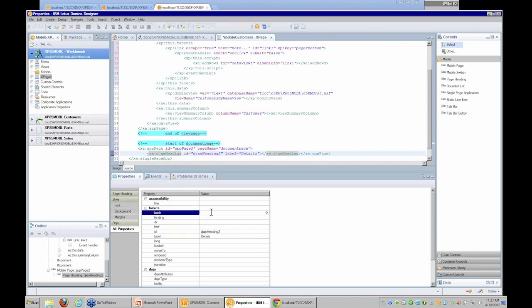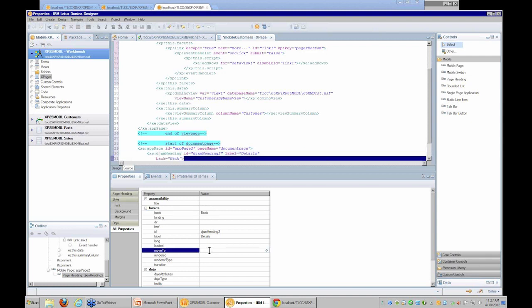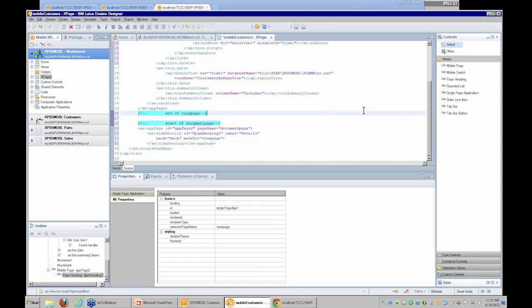Okay, so we're going to go back. We'll just give it the label back. And where do we want to move to? We want to move to my view page. Okay, so we've got a label on our document page, and we'll move back to the view page with the back button. Okay, so the next step after the heading